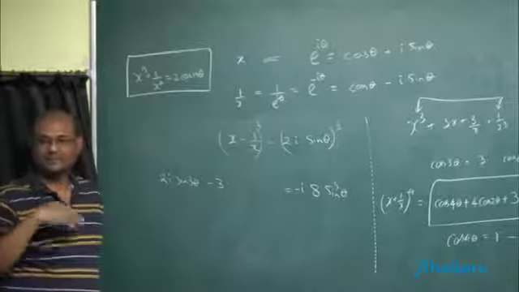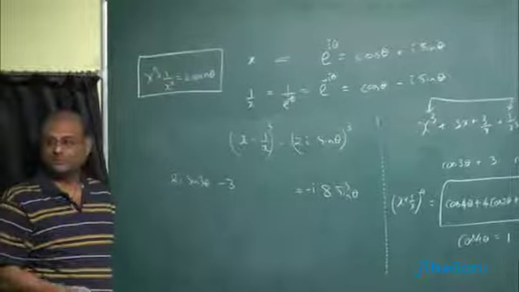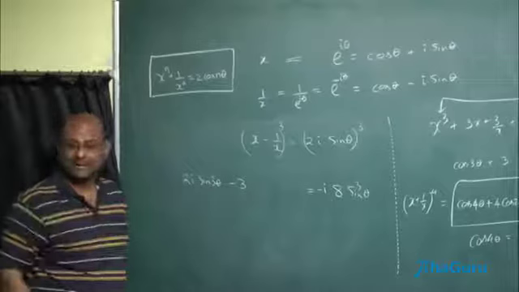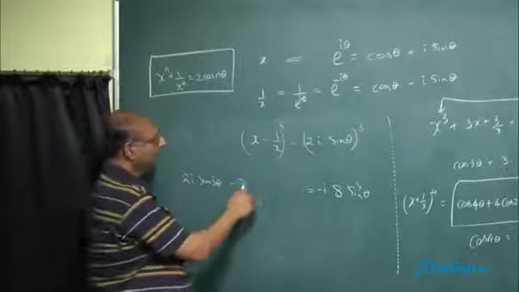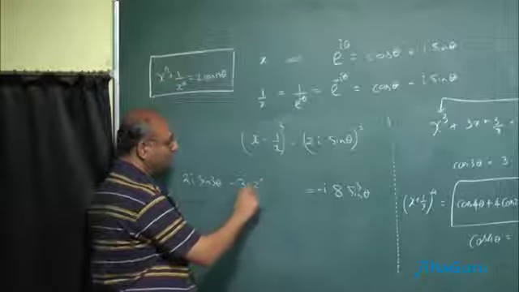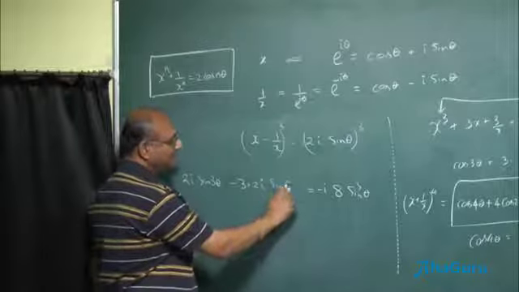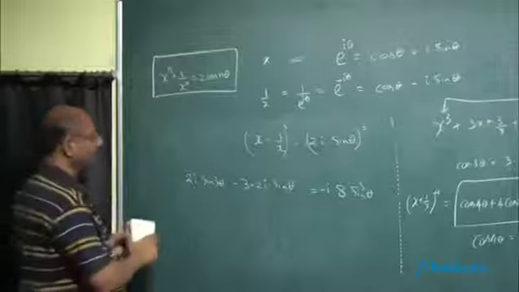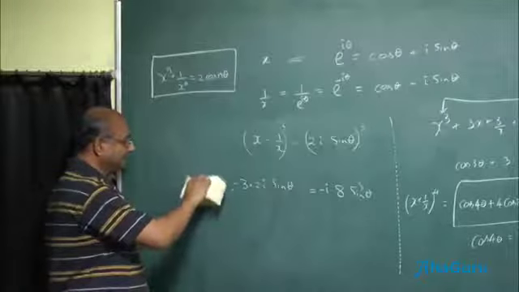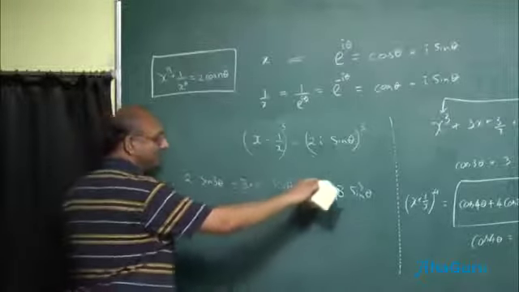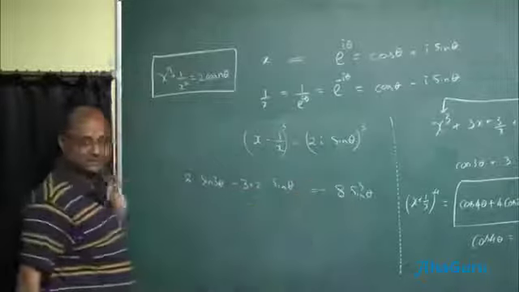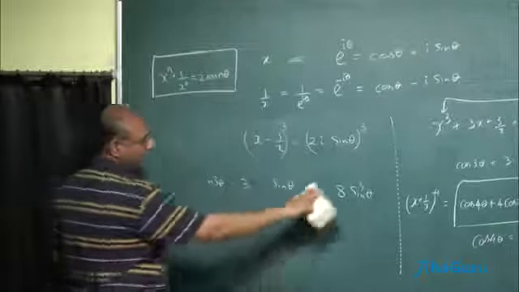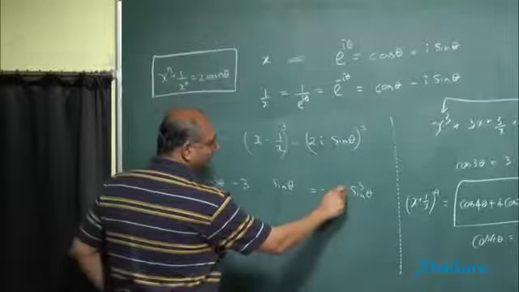Let's always write it in terms of x minus 1 by x, x square minus 1 by x square, x cube minus 1 by x cube, because then we know that it is 2i times sine n theta. So this one will be into 2i times sine theta. So now I have to cancel out the i. Remember, you're cancelling out the i, but you're not going to cancel out the minus sign. So this i is gone, this i is gone, that i is gone, but the minus sign remains. The 2 can also be cancelled out. That is a 4, but the minus sign remains.